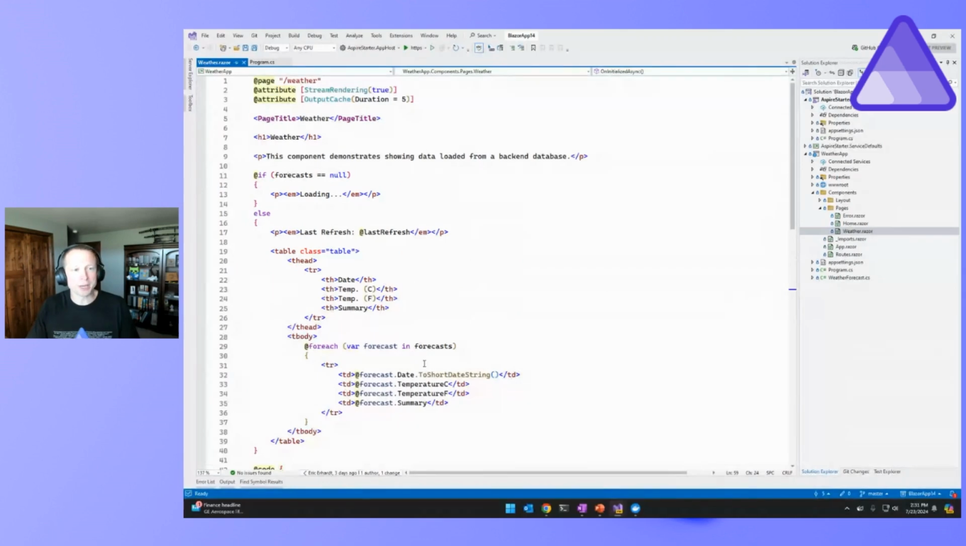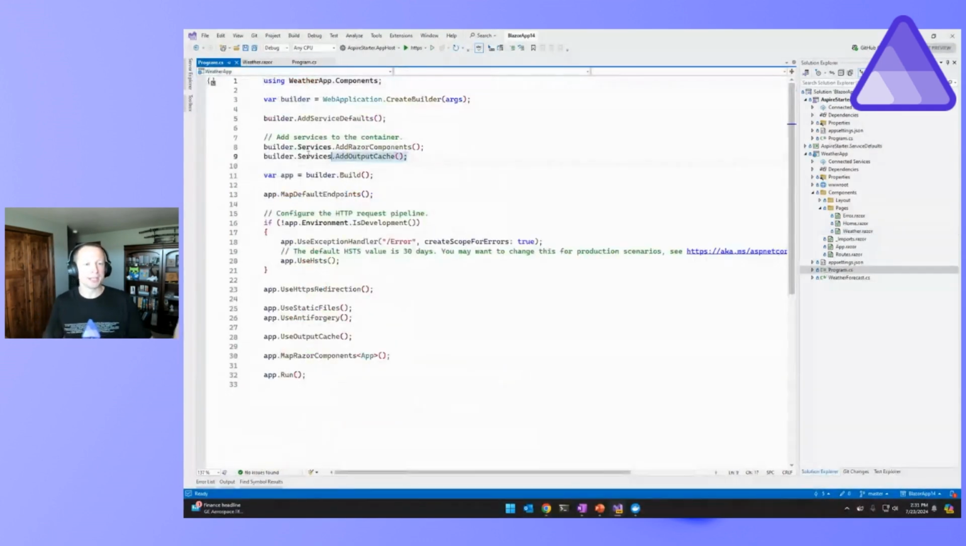So this app's already hooked up to use output caching. I already have the output cache on my page, and I have add output cache in my app. The issue is that as my app scales horizontally, with just the normal output caching, each replica of my app would have its own output cache inside of it. And that's not really what I want. Instead, I want a centralized caching place to put these cache entries. And so in order to do that, I'm going to use Redis